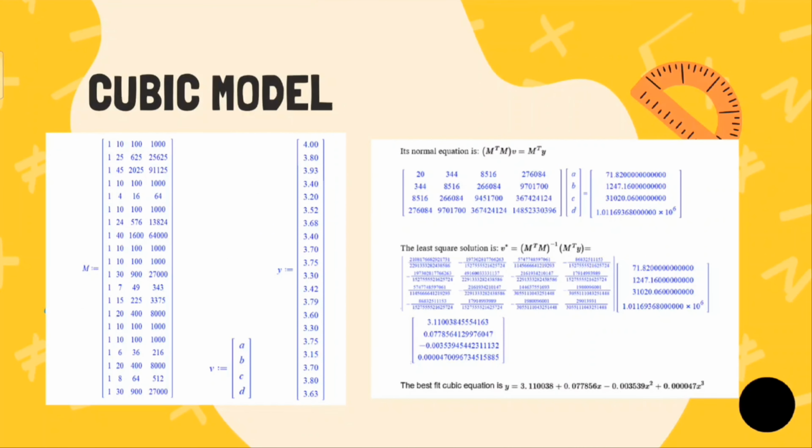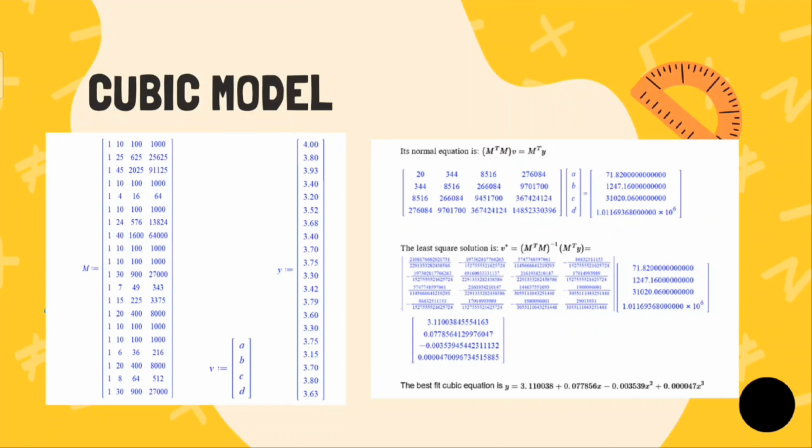My name is Syaza binti Remy, and I will be explaining the cubic model. First, we set up the data in the equation MV equals Y, where the first column of M is 1, the second column is the x values, the third column is the x squared values, and the fourth column is the x cubed values. Next, we construct the normal equation of cubic model as shown. Lastly, we can obtain the least square solution, which is